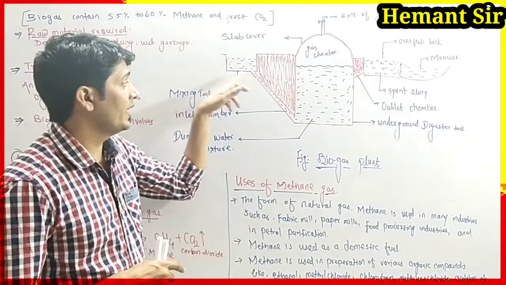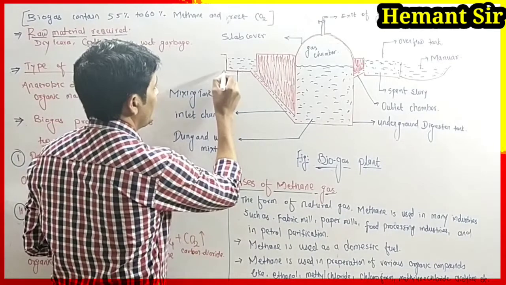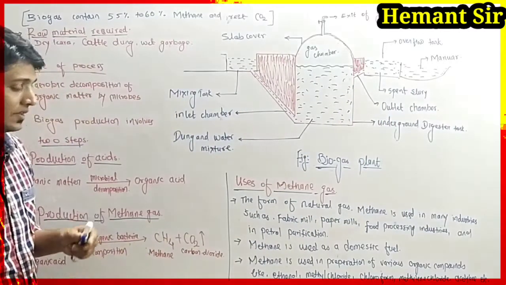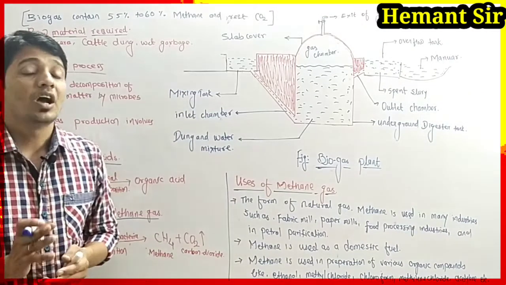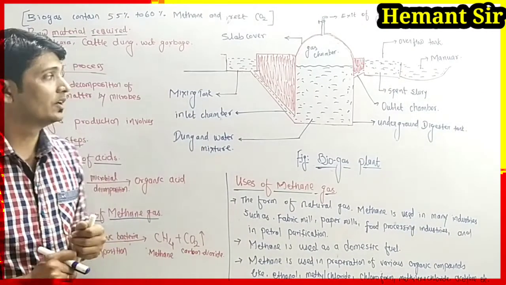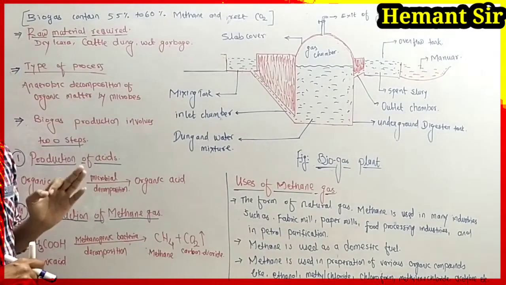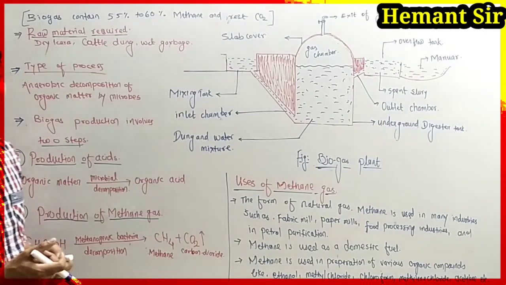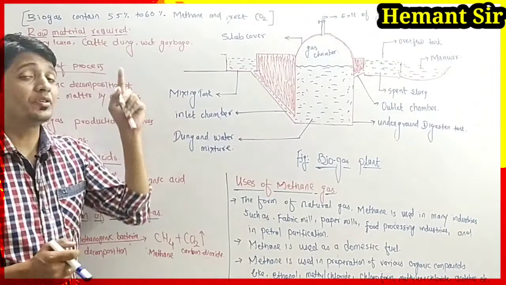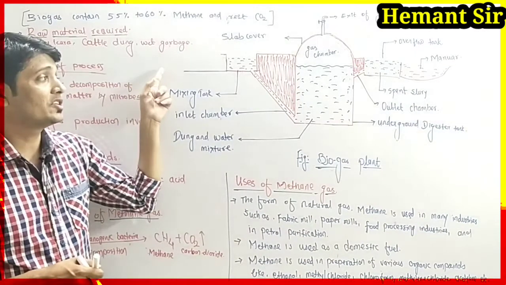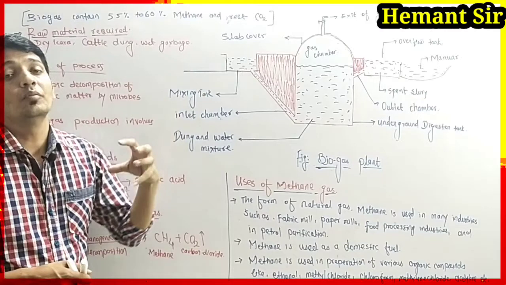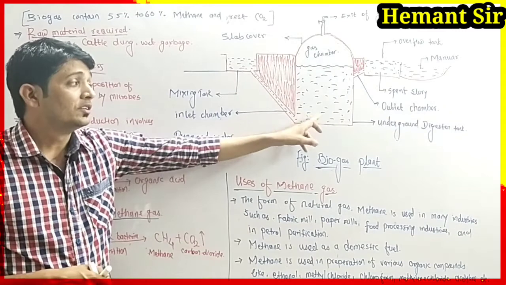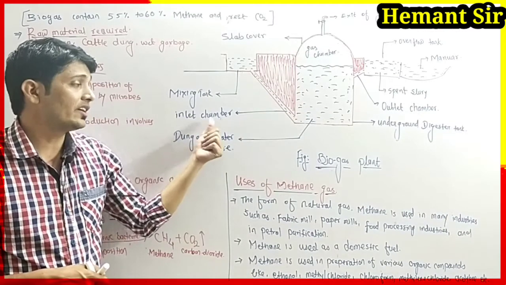This remaining part of the tank is the underground part. Now we have to understand the process of how the biogas plant works. The raw materials required for working of the biogas plant are dry leaves, which are again an organic waste, then cattle dung, which is again organic waste, and wet garbage. These are used to form the slurry with the help of water, and this slurry is then passed to the digester tank with the help of the inlet chamber.